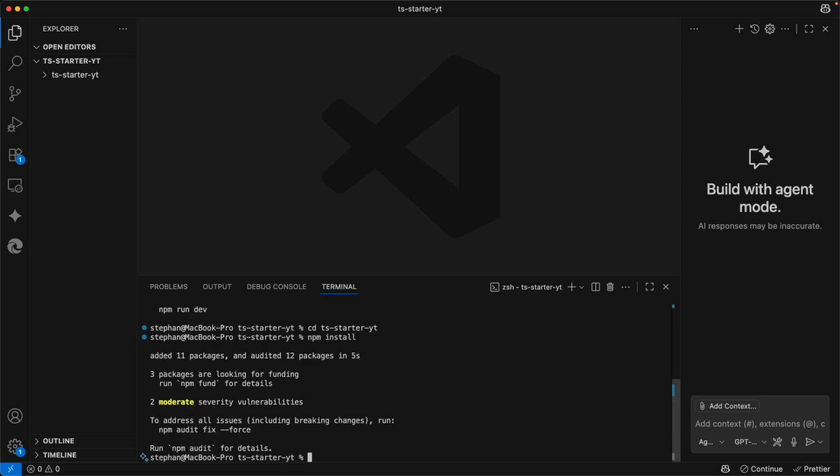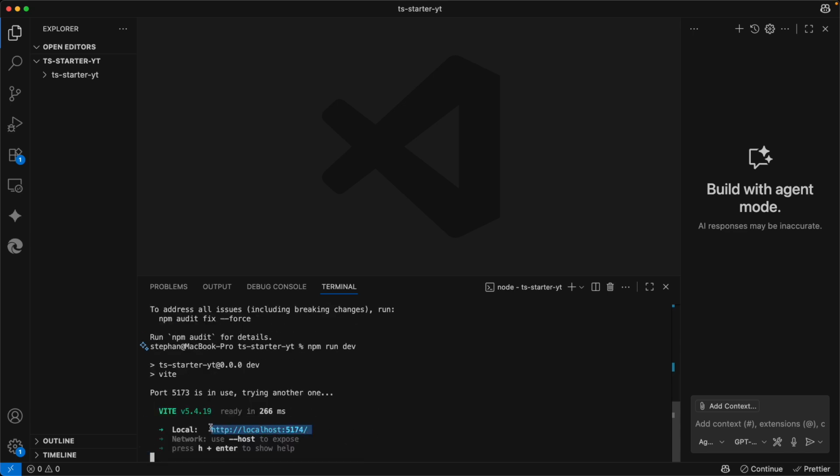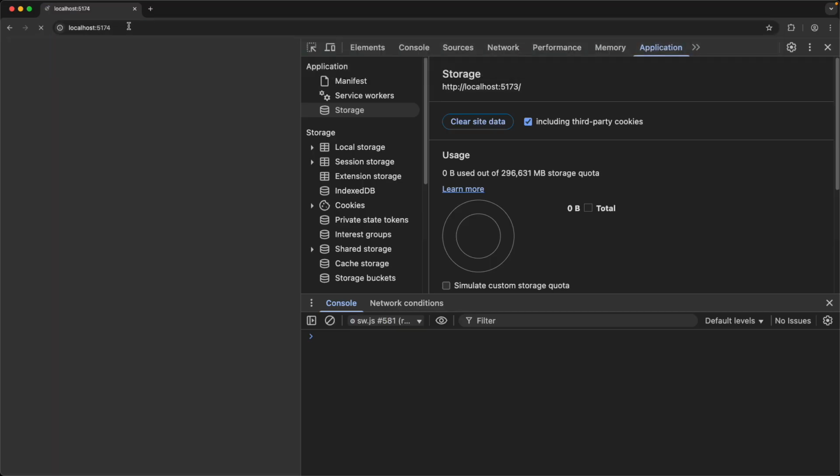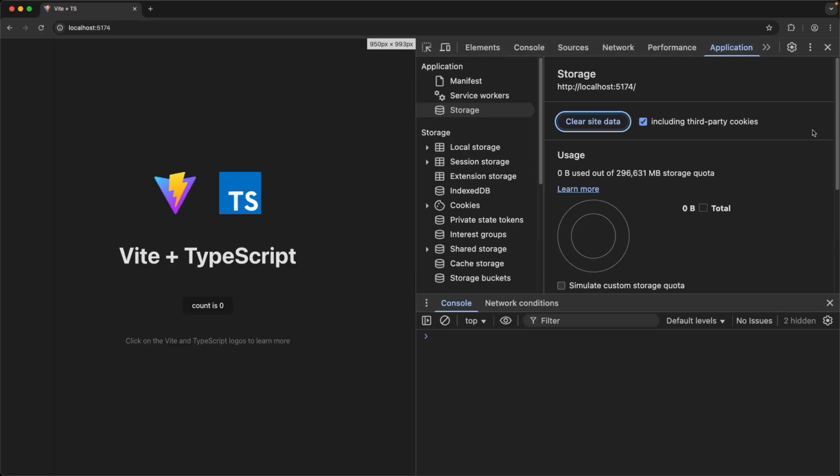So now we can start the project, which is a demo project with a counter button. So npm run dev. And here we have the URL. So I'm copying this, pasting it here, and we can see we have the DevTools already. And here we can see that this is a button that is counting up, just to show what can be done here with Vite and TypeScript, of course. Okay, so let's check the code.